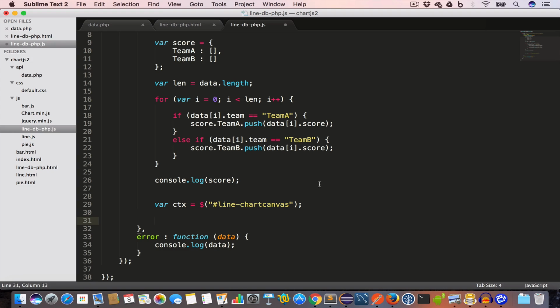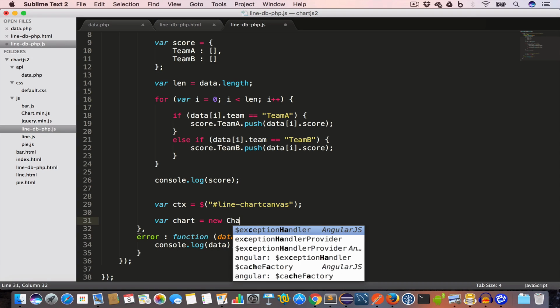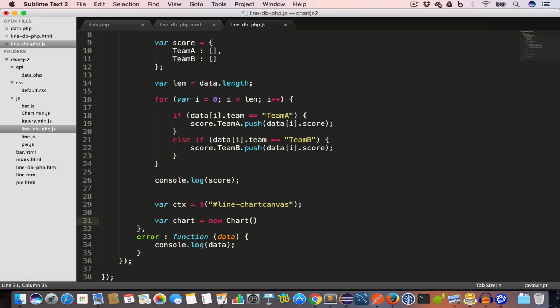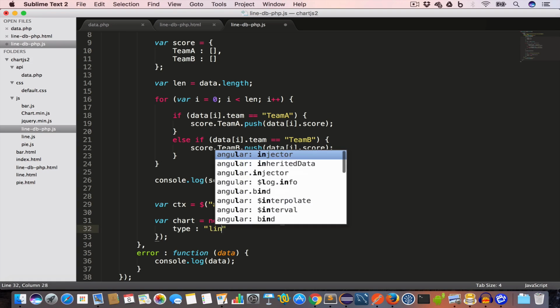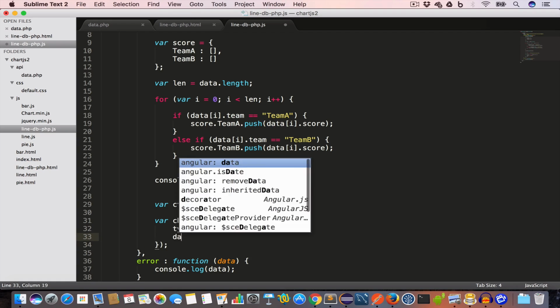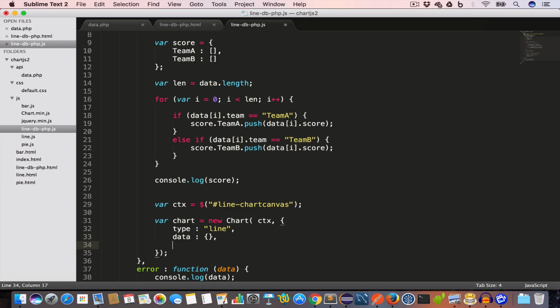Now to draw the line graph, we have to instantiate the Chart class. So we'll write var chart equal to new Chart. It takes 2 arguments. The first is ctx, the second is an object, and since we are creating a line graph, we'll set type to line. Then we have the data property, which is an object, and options property, which is also an object,